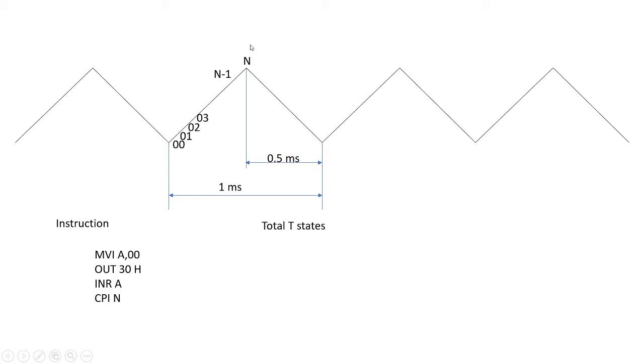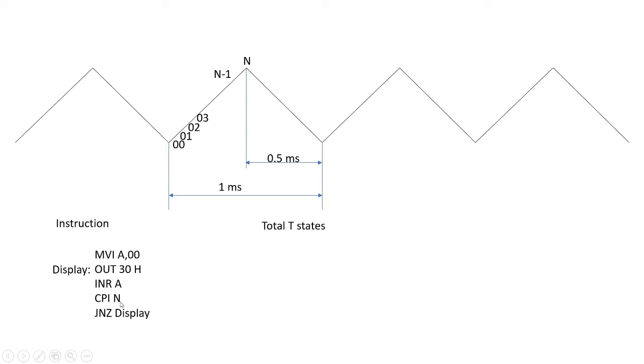Here our aim is to find the value of n. n will be reached at 0.5 millisecond. Now we need to repeat this comparison process until the content of the accumulator becomes n. So we need to repeat this. If the comparison result is not 0, jump no zero to the display label. Where will the display label go? It will go to here. Now the total execution time for this loop is equal to 0.5 millisecond.